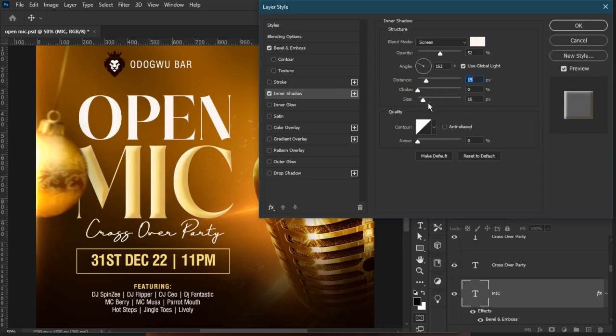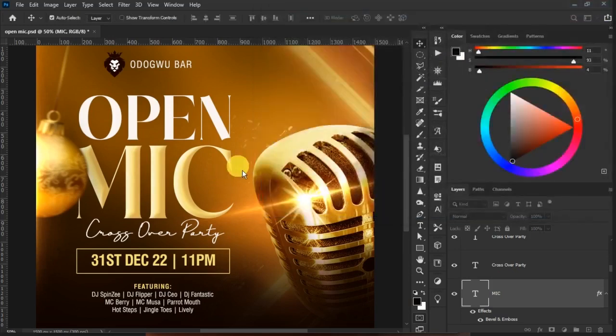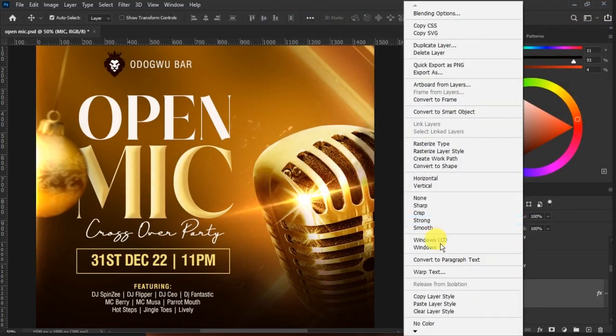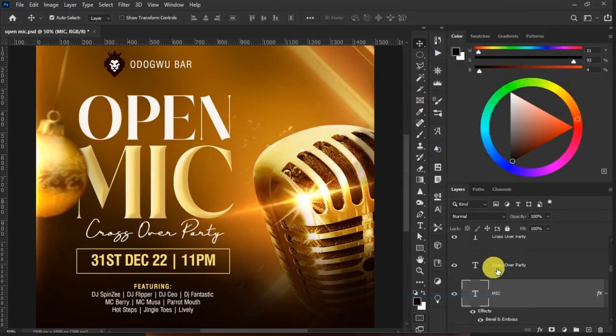Just something subtle. Let's keep this on 20, and opacity, I don't want it to be so obvious. I think it's cool now, so I could just copy this one and paste in the other